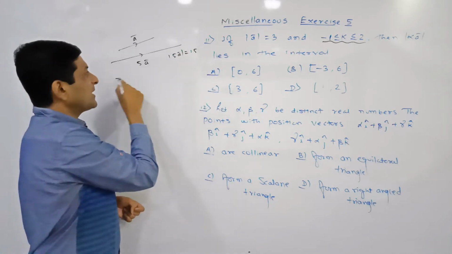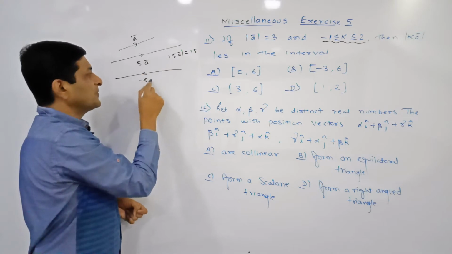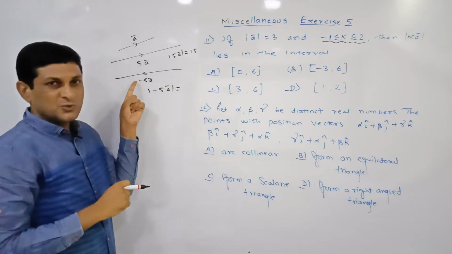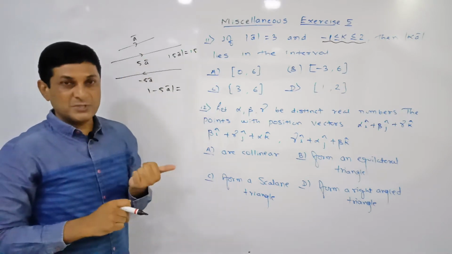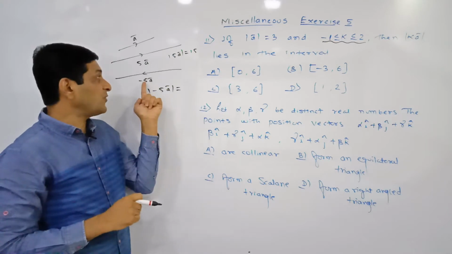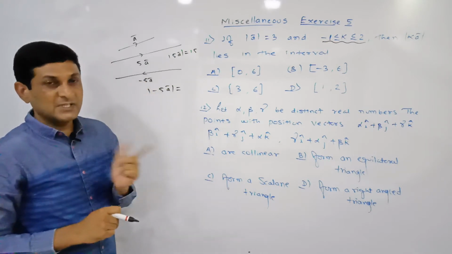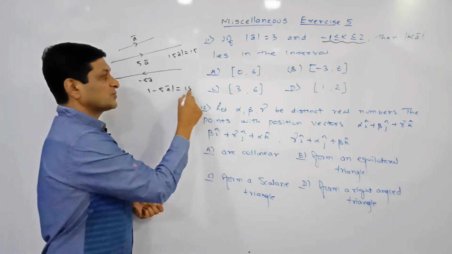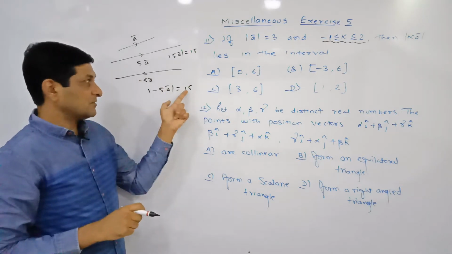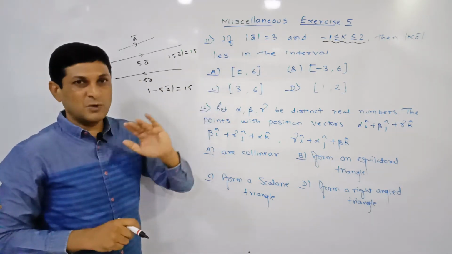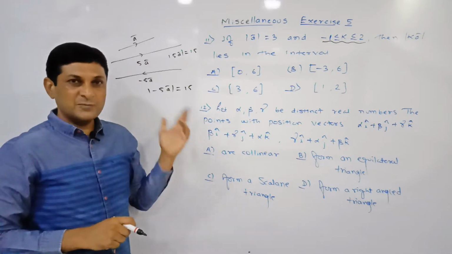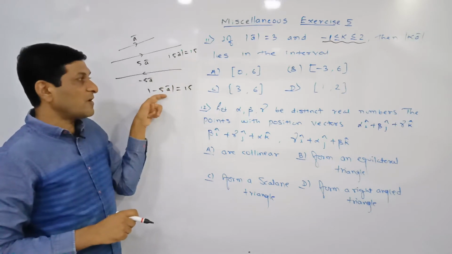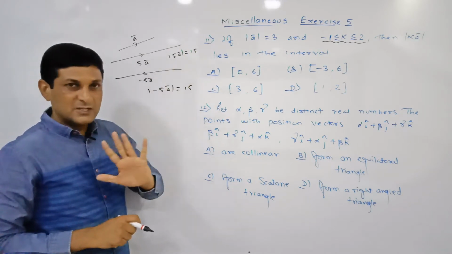15. If we multiply this a bar by minus 5, then we will get a new vector, minus 5 a bar. But its magnitude? The minus sign simply shows that the directions of these two vectors are opposite. But the magnitude is 5 times the magnitude of a bar. The minus sign simply shows the direction. Magnitude means length, and length cannot be negative. So the magnitude of this vector is also 15, which is 5 times the magnitude of a bar. The magnitude of a bar is 3, so 5 times 3 equals 15. Means the magnitude of 5 a bar and the magnitude of minus 5 a bar are equal. So remember these things.